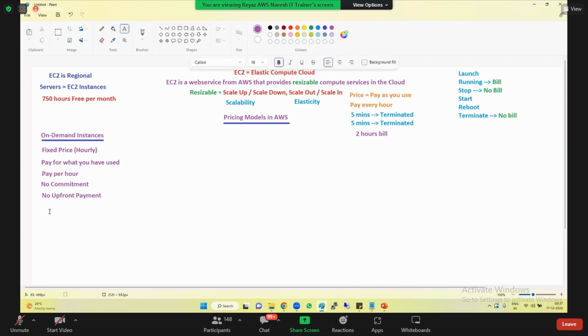Is there any predictable usage here in on-demand instances? No. No predictable usage. So this is on-demand instances, this pricing model. So if you have this kind of requirement, just go ahead and launch it, pay it, and use it, and then pay it. That's it. That is on-demand instances. So the second one, what we have here is